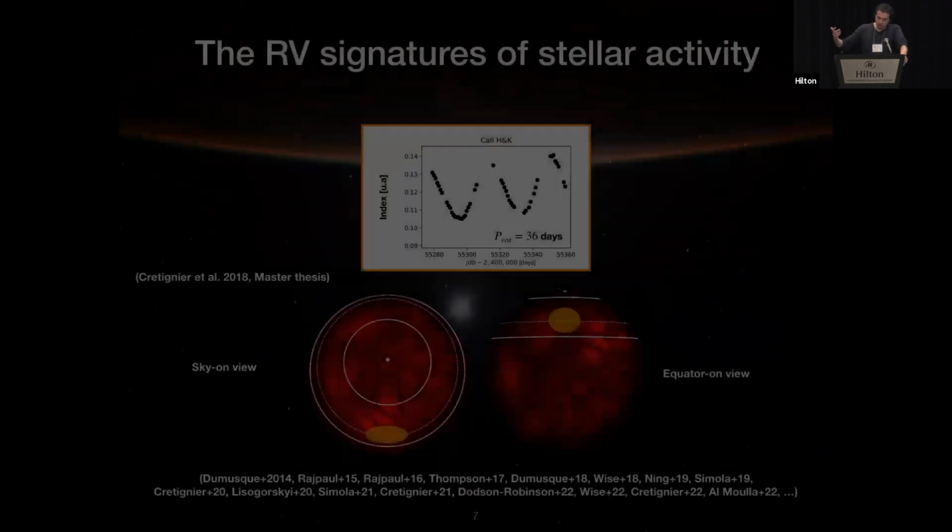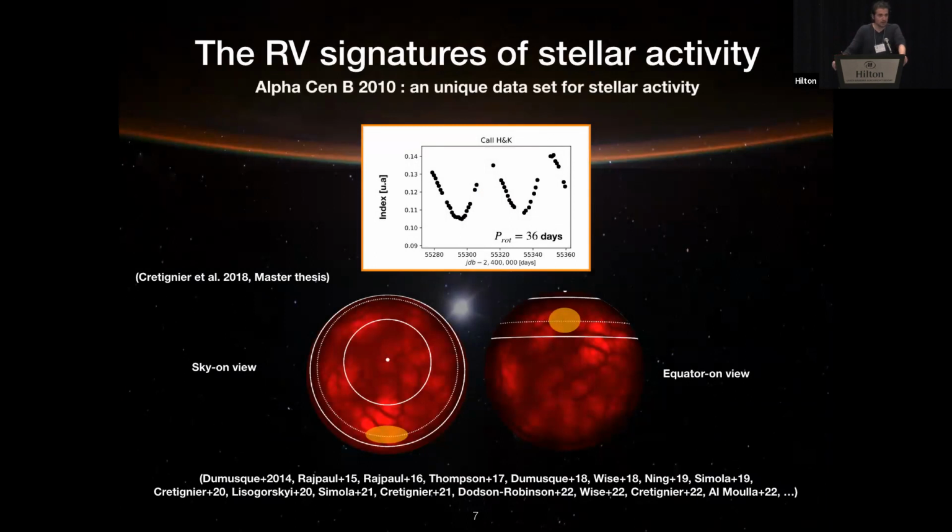And I will just present to you one data set, which is quite known for stellar activity. If you look at Alpha Cen B in 2010, it had been observed by HARPS with a really intense strategy. You see it is a really nice modulation at the rotational period of the star. And it's quite nice because when you observe a star, it's not guaranteed that you have such a nice modulation, because it depends on where your active regions are or how your active regions are distributed at your stellar surface. And in that case, it looked like all the active regions were somewhat packed in a nest.